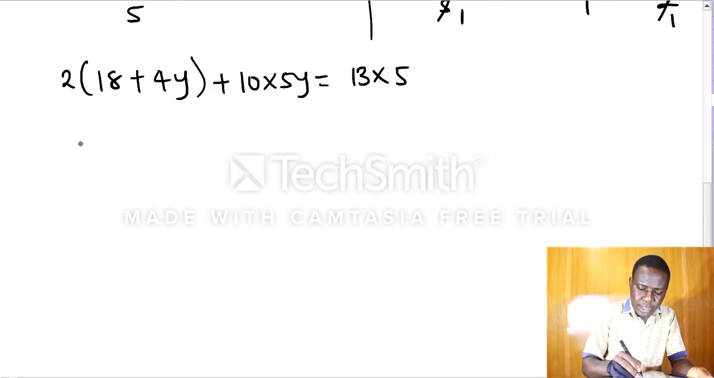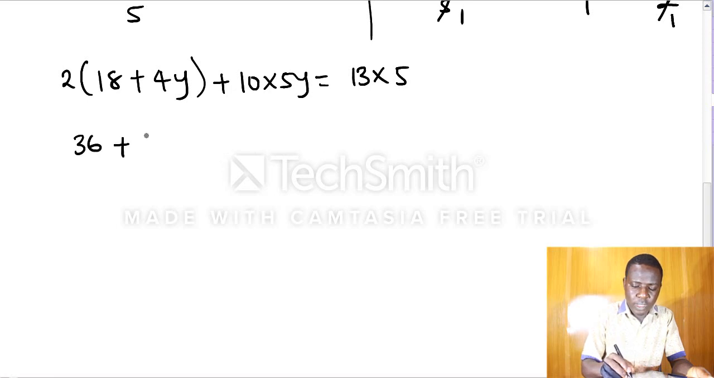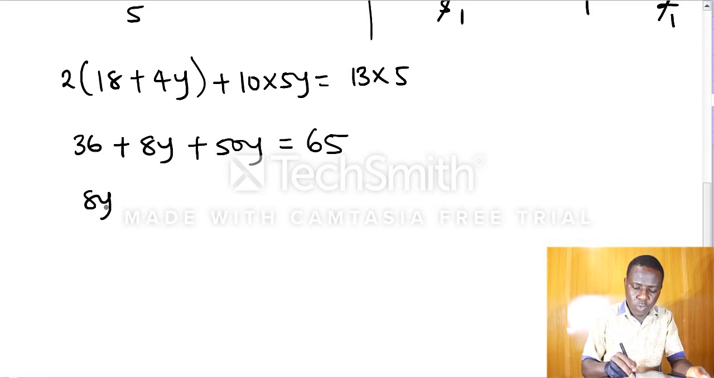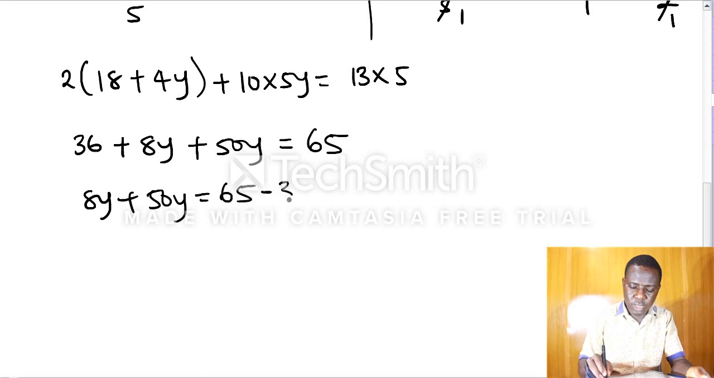So expanding, this becomes 2 times 18. 2 times 18 is said to be 36 plus 4 times 2 is said to be 8y. I have opened that bracket, plus 10 times 5 is said to be 50y is equal to 13 times 5 is said to be 65. Collecting like terms, this becomes 8y plus 50y is equal to 65 minus 36. This becomes 58y is equal to